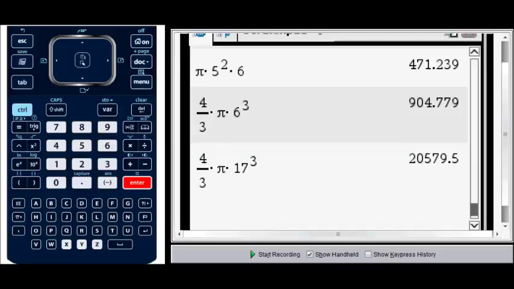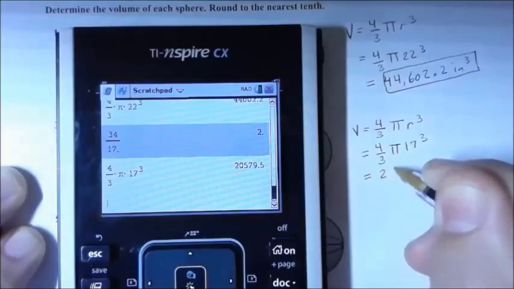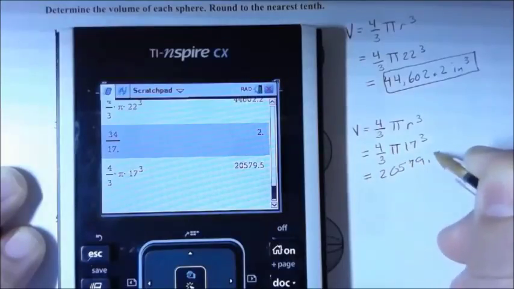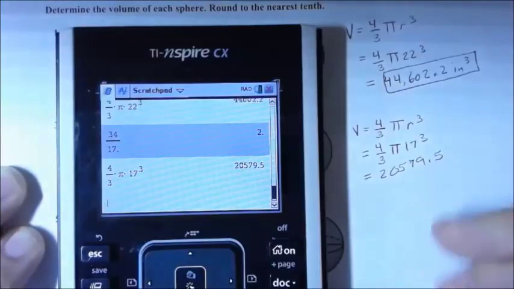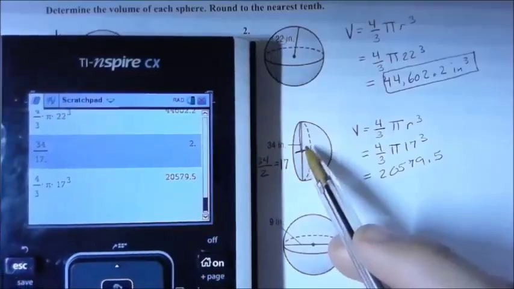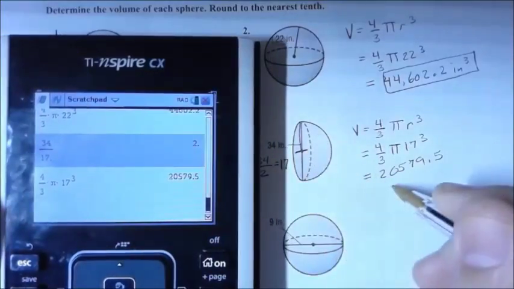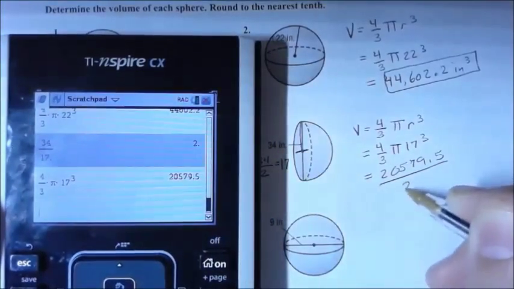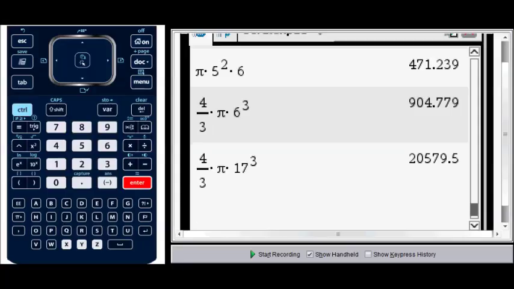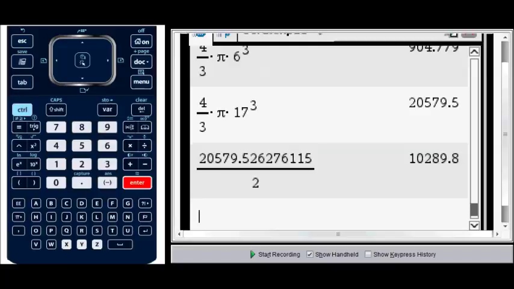20,579.5. But notice we only have half of a sphere, right? So since we only got half of a sphere, we need to cut this in half, and we cut it in half by dividing by 2. So now if we go ahead and divide that by 2, because it's half a sphere, because it's a hemisphere, you'll just hit divide and then put 2, hit enter, and it gives us our final answer,